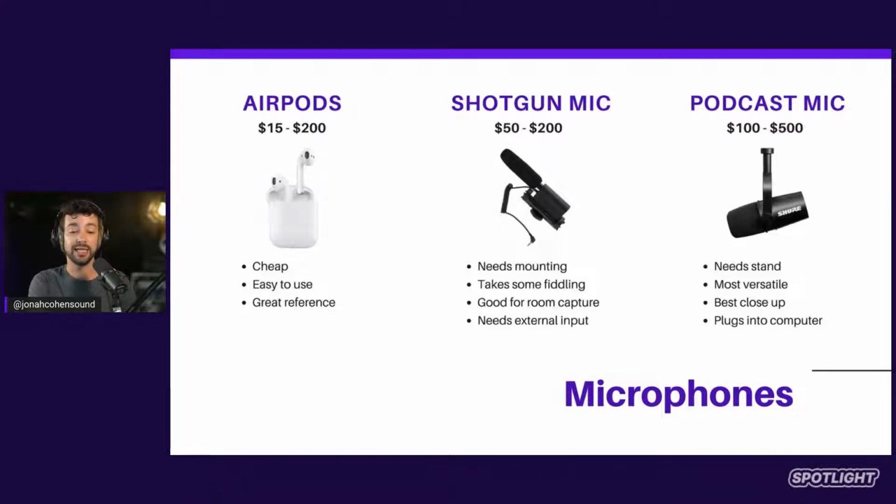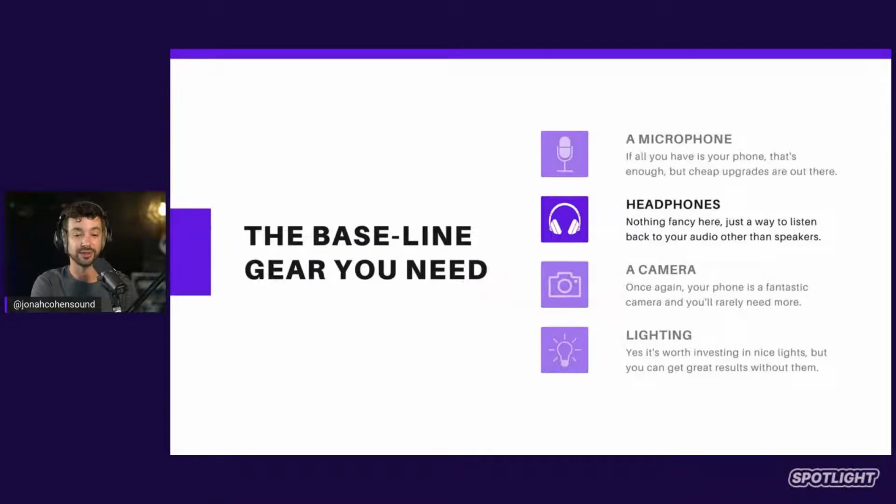All of these are really easy to use, and you can look at this more as like a trajectory. Go out, start your first live event, do it with what you have. And then if you're enjoying it, if you like the content you're creating, but you feel like the quality of it needs to go up, here's a roadmap for you. You can screenshot this, come back to this replay when you're ready to go make those purchases.